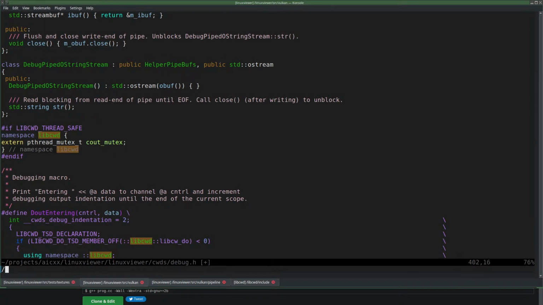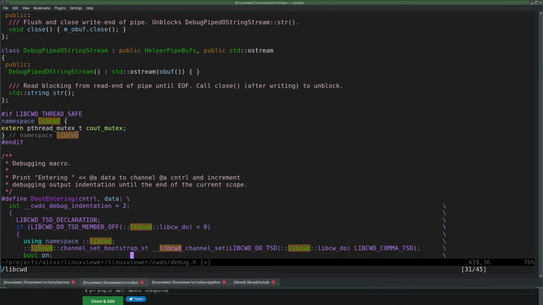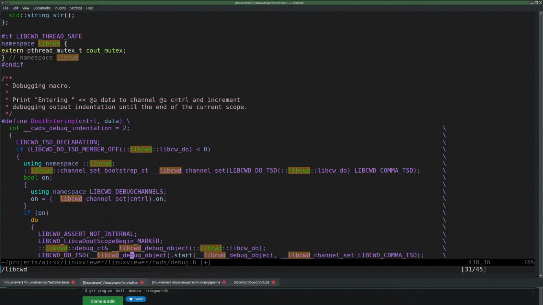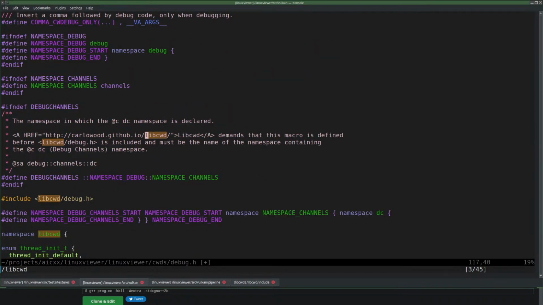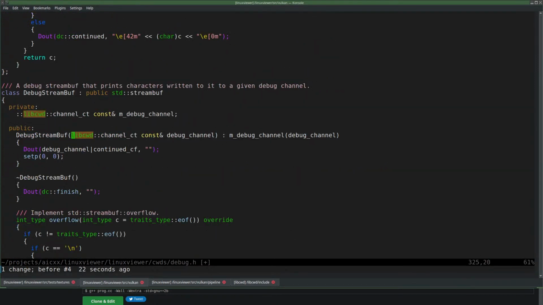Or not. I'm doing that here, but it's a macro. Macros are a little bit different. Yeah, I don't think I need that here. So let's do that like that.